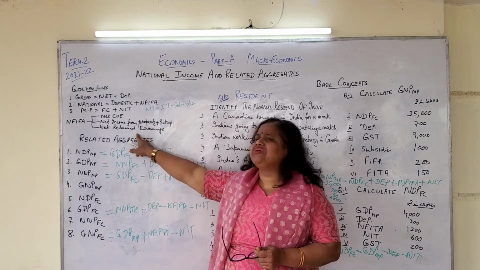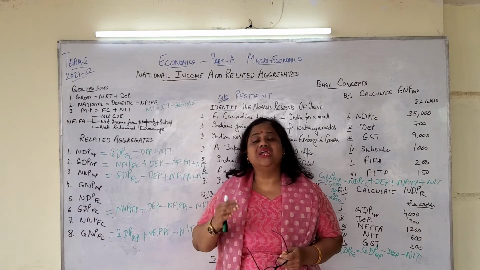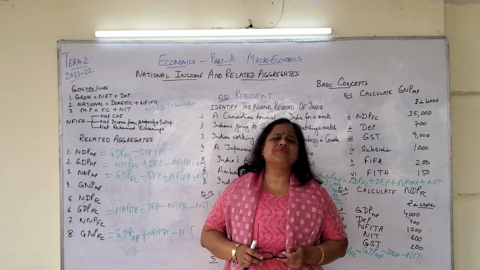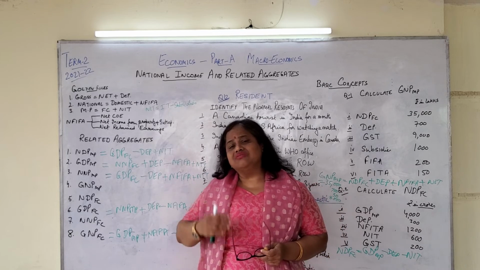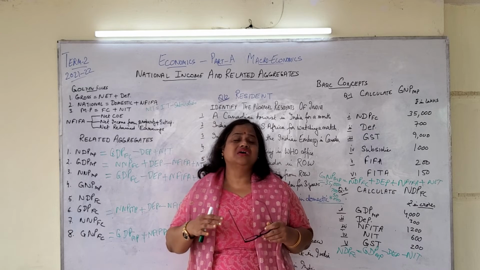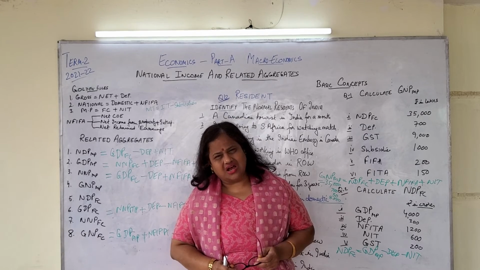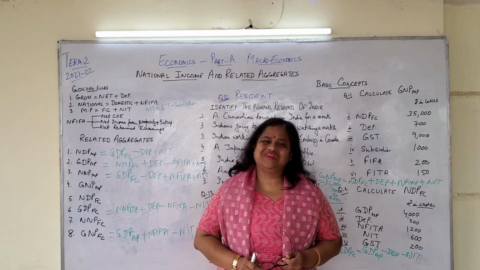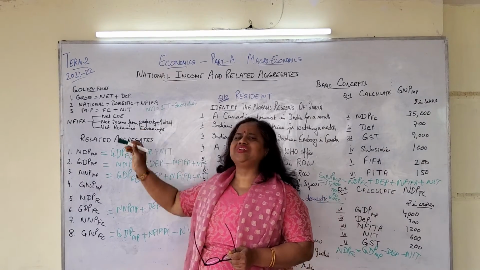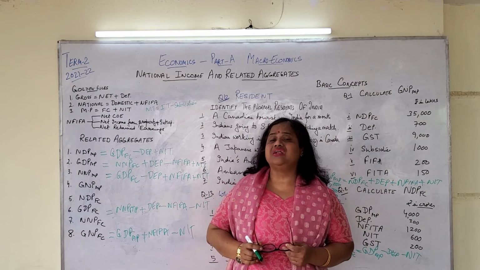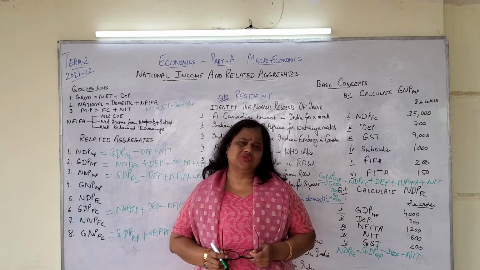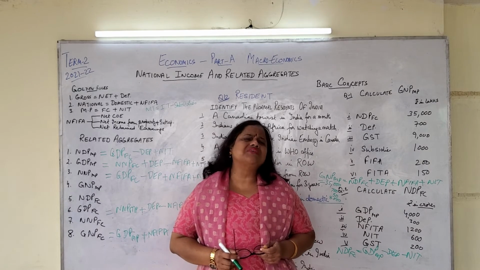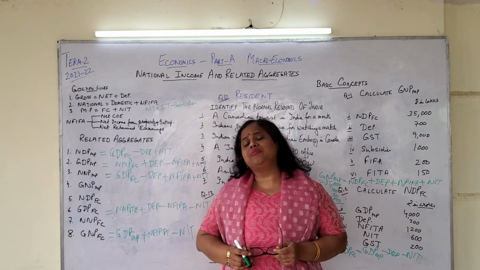And similarly, net retained earnings is the difference between the retained earnings of our companies in the rest of the world and the retained earnings of companies situated in our country that belong to abroad for less than 1 year. The sum total of net compensation of employees, net retained earnings, and net income from property and entrepreneurship is net factor income from abroad,